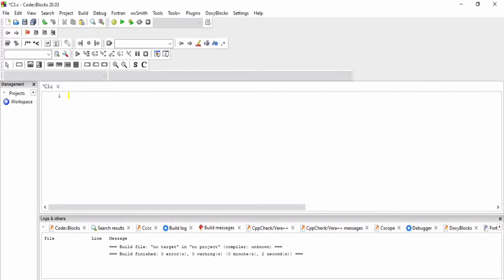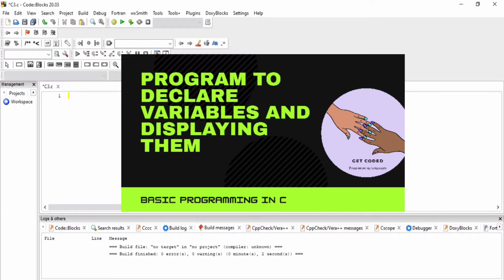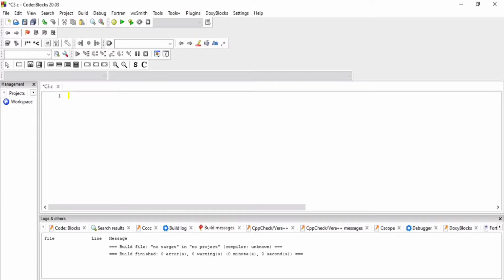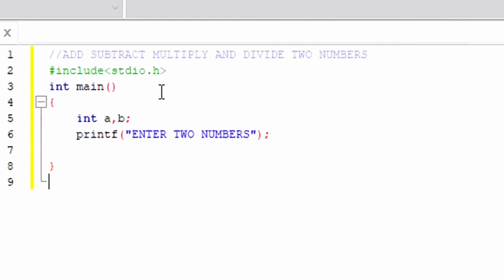This is Sakshi and today we are going to start with a new program, hoping that you guys already know the previous program which we did, in which we had declared some variables and displayed their data type. For that we had used format specifiers such as %d and %f, which would be used again in today's program. And today we are going to learn something new, that is the scanf function. So let's get started. In today's program we are going to add, subtract, multiply and divide two numbers.